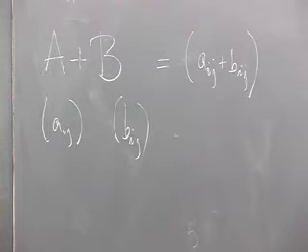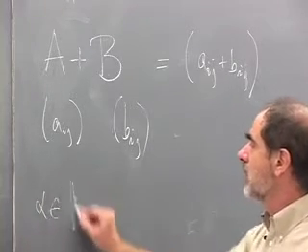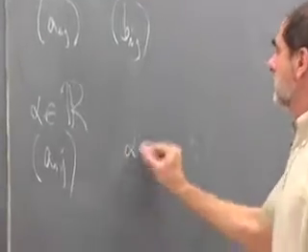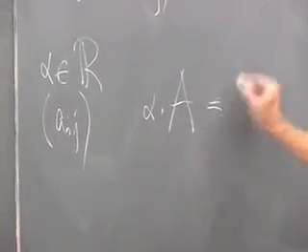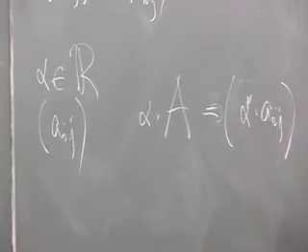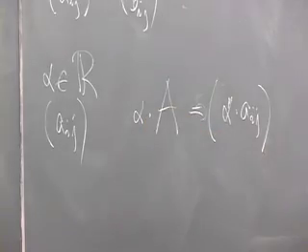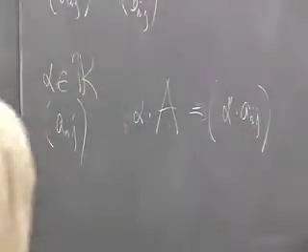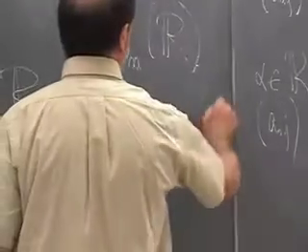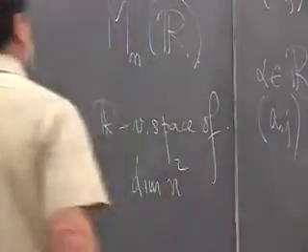And you can also multiply matrices by a real scalar. If you have a real number alpha, and you have an n by n matrix aij, then you can multiply alpha times A and get the matrix where the entries are alpha times aij. And then we multiply every member by alpha. That's the scalar multiplication in the vector space. So that's what makes this a real vector space of dimension n squared.